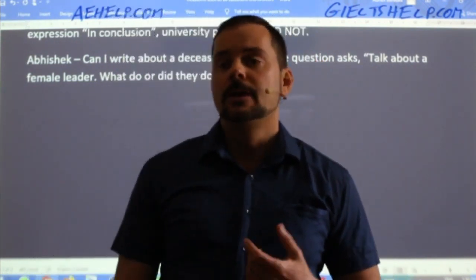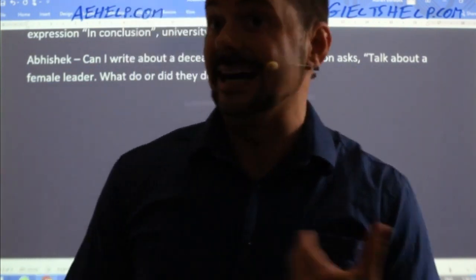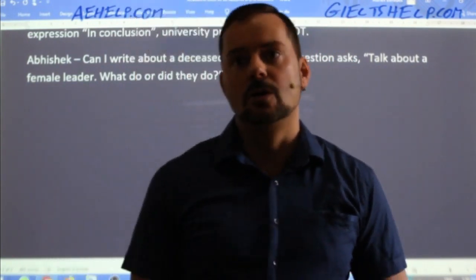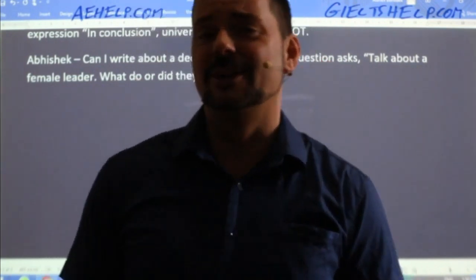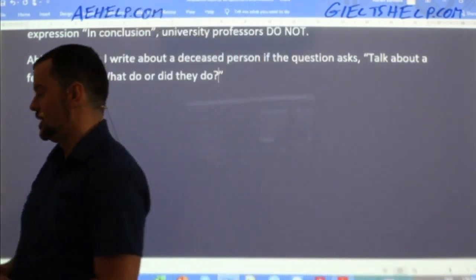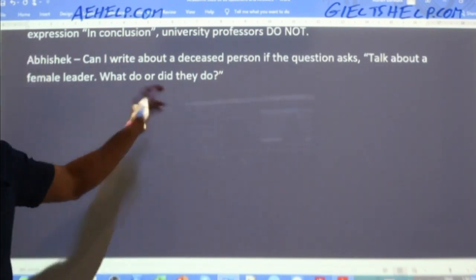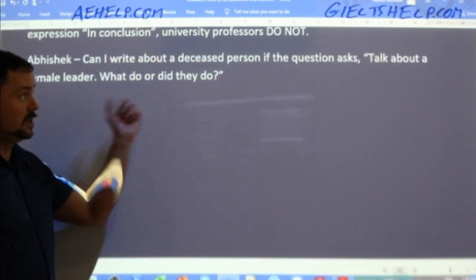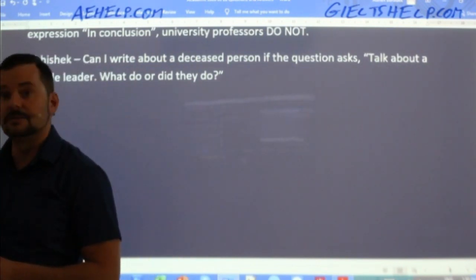Now, the other trick that you could do, Abhishek, is if you're thinking about a female leader who has died, then pretend like they're still alive. Okay. But make sure it's somebody that maybe your examiner doesn't know. So they don't think, well, wait a second, hasn't that person died already? So that's another trick that you could do. Okay. I hope that answers your question, but look at the questions carefully on the card. All right. From this one, talk about a female leader, it doesn't matter. But from the follow-up, it matters. Okay. So look at all the questions on the card and read the first one carefully twice.